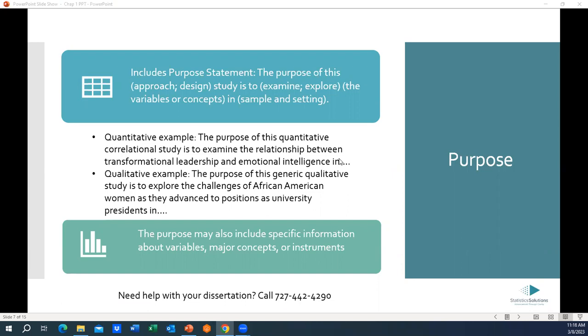So it usually says the purpose of this, whatever the approach of your study is and whatever design of the study is, is to examine or explore the concepts or variables in your study in a sample and setting. So I have a couple examples here. A quantitative example would be: the purpose of this quantitative correlational study, that's the approach and design, is to examine variables or concepts, which would be transformational leadership and emotional intelligence,